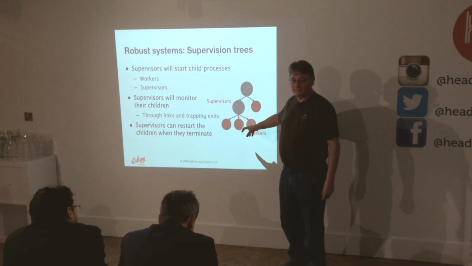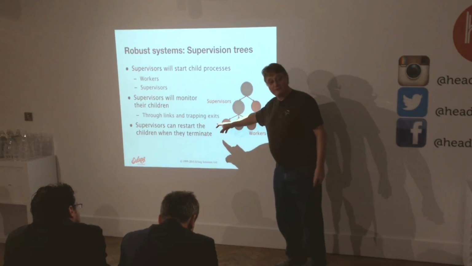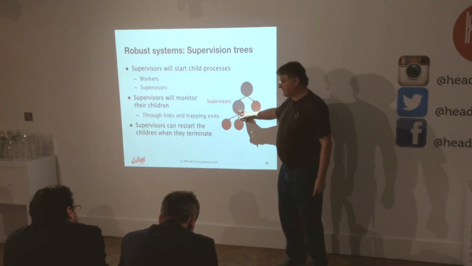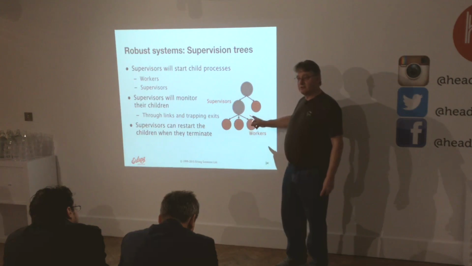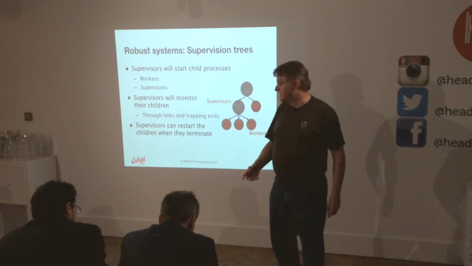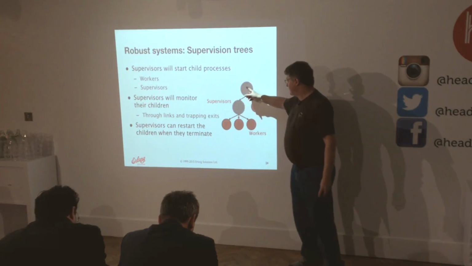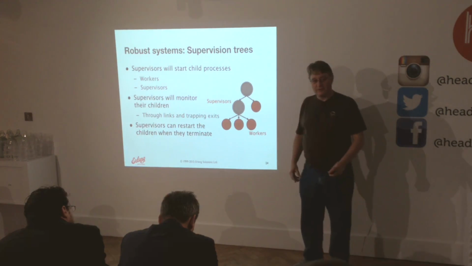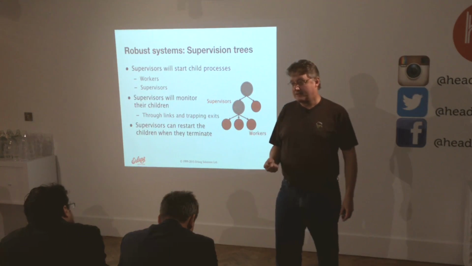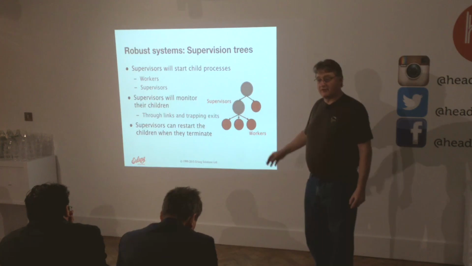Do I restart it? Do I ignore it? Maybe it just doesn't matter. Perhaps I kill them all off and restart them all, because I know they're all working together. So that's the supervisor's job, just to make sure that things that should be there are always there. If I have a service that needs to be available and that process or processes crash, its supervisor will restart it, so it'll be there. This supervisor, of course, supervises that supervisor, and that worker knows about these things. So that's how you make sure that things that should be there are always available. We don't stop them from crashing. We clean up after they crash and keep on going.